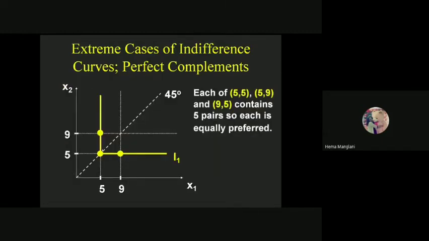Now see here, the shape of indifference curves is L-shaped, and here we have a 45-degree line. This shows that the proportion of x1 and the proportion of x2 you're consuming is the same. Okay, so here you can even have an optimal choice. You can draw this budget line like this, and then this gives you this point of optimal choice. Similarly here we have this point of optimal choice. So every time you have to choose the same proportion, because we are using the word perfect complements over here.